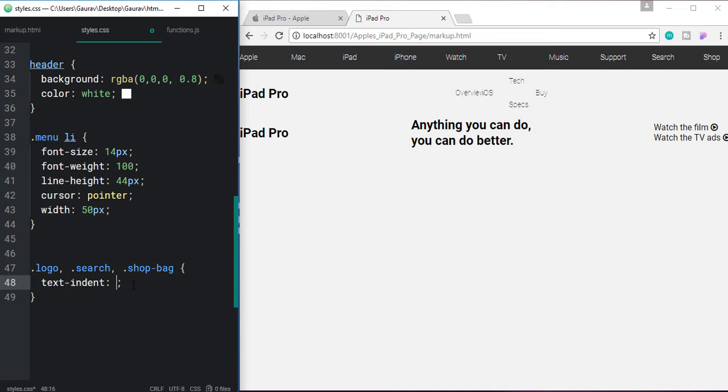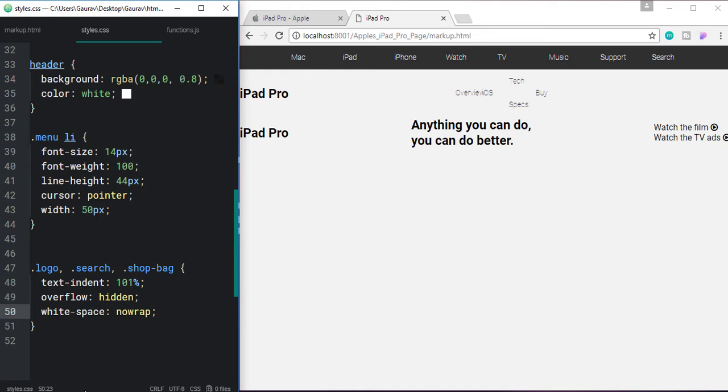I'm going to use the text indent to 101%. So they have now gone. And let's set the overflow to hidden and white space to no wrap. Okay, so this is the trick I have learned from the great Bootstrap, and I have used it many times.